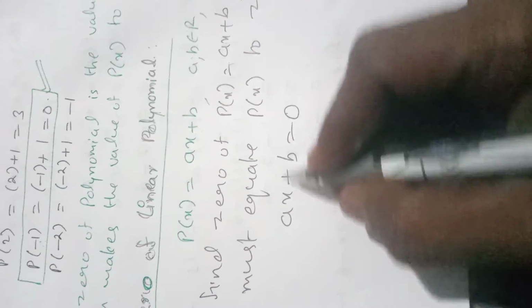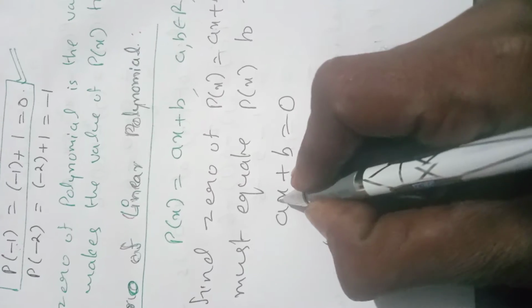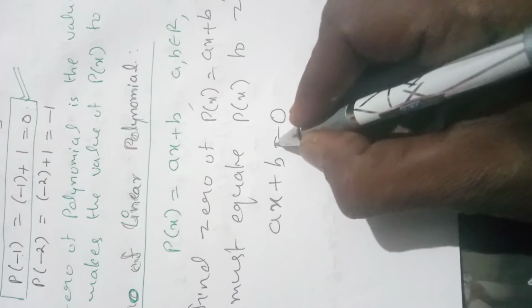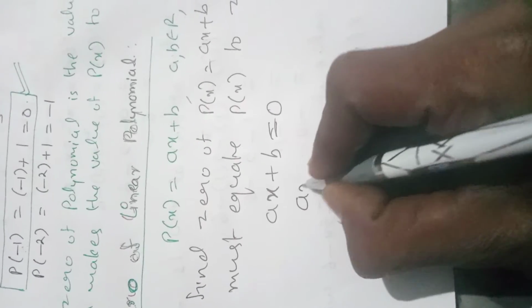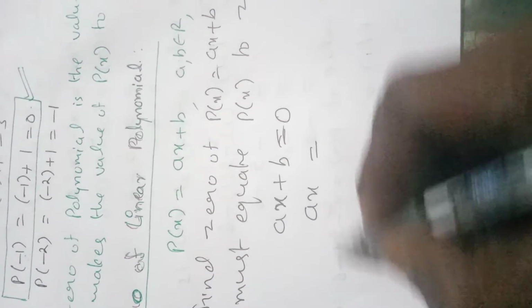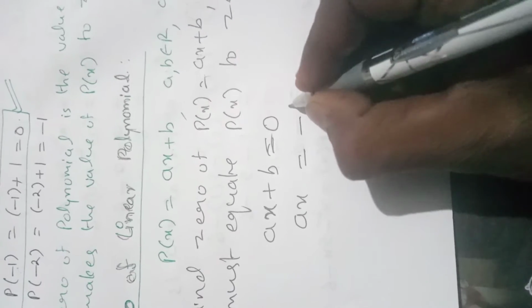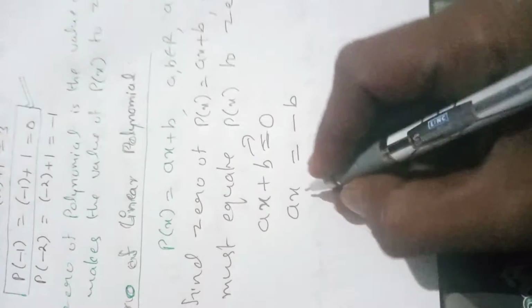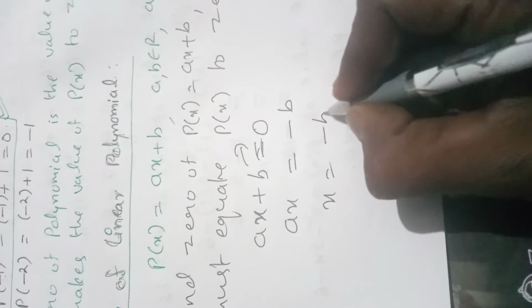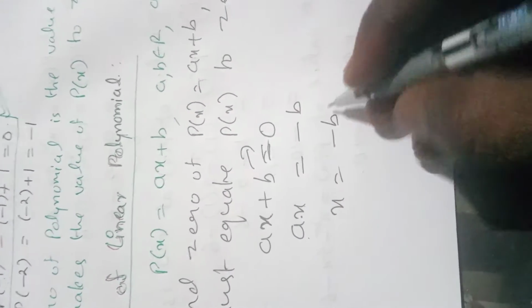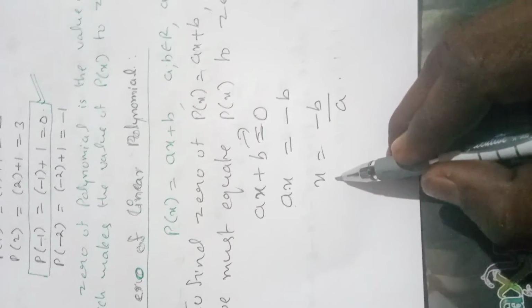When it becomes 0, we need to find here, that means we need to solve this equation for the value of x, for which value of x this whole polynomial value will become 0. So for that we are going to solve this linear equation. I am writing the variable terms on the left hand side and sending the constant to the right hand side. That plus becomes minus b if we transpose plus b to the right hand side. And x will come minus b. It is in multiplication with a, so if I send a to this side, it becomes divided by a. So we can understand this is x equal minus b by a.